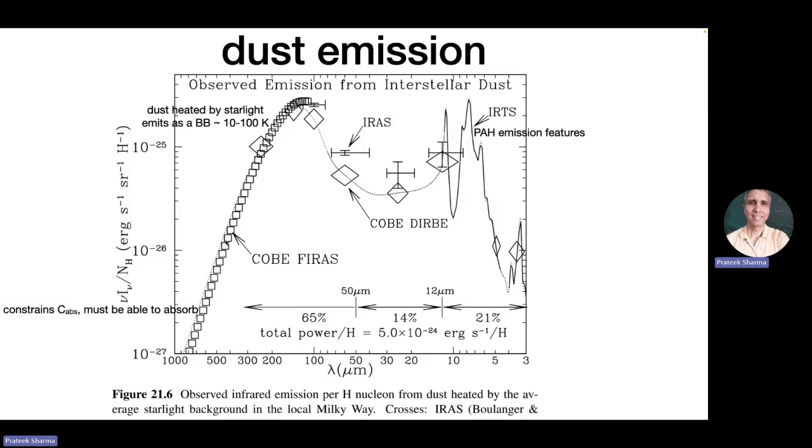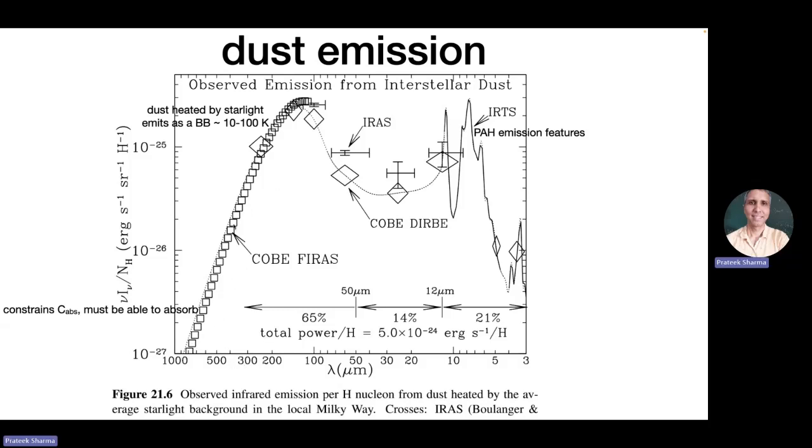So these are the observations, and now this is lambda, not lambda inverse. So this goes from 3 microns, all near infrared to far infrared, 3 micron to 1000 microns. Although it shows lambda, it is sort of like lambda inverse because the axis is reversed, right? So lambda increases towards the left.